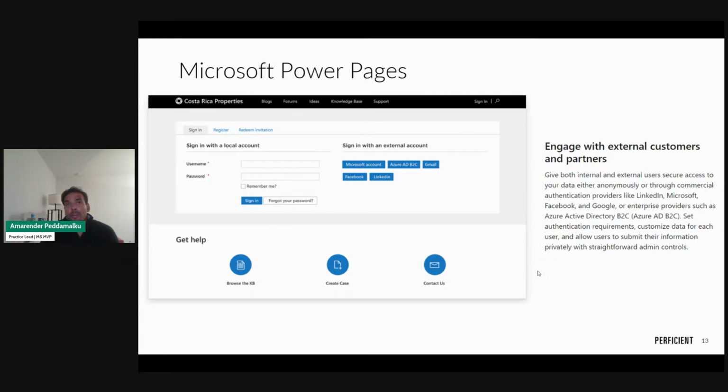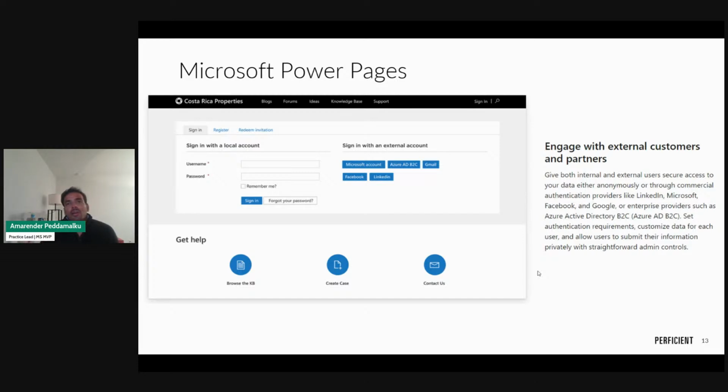The beauty of Power Pages is you can have mixed authentications. You can have more than one authentication provider as well. For example, let's say you want to have your public-facing sites open to everybody on the web. Nobody needs to log in, or everybody can access it on the web. You just go to the public homepage of your site. Everybody can see the content on the site.